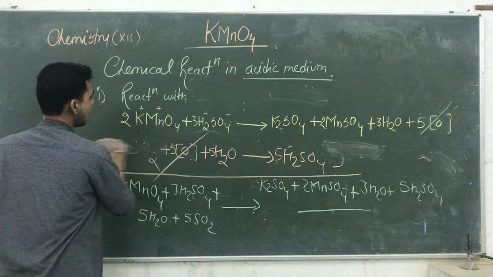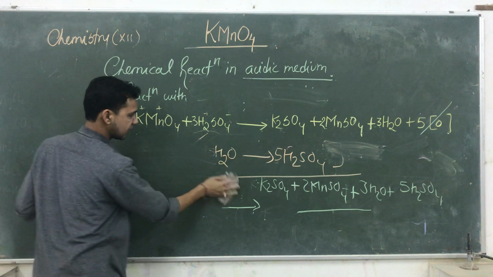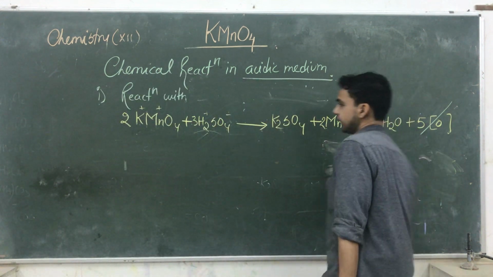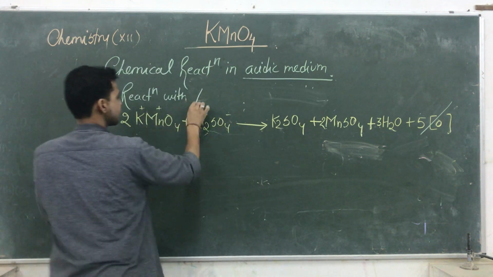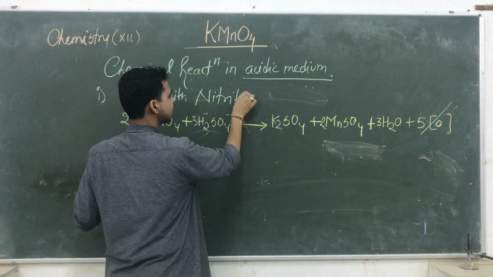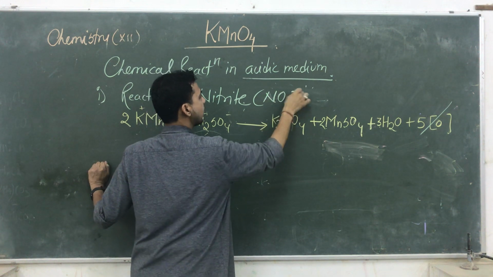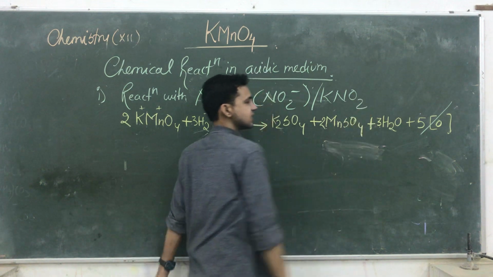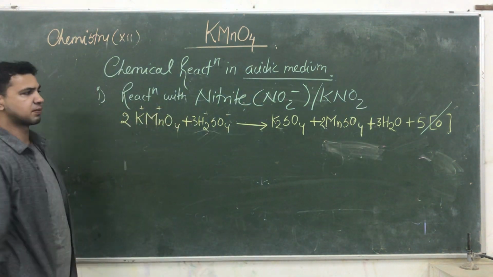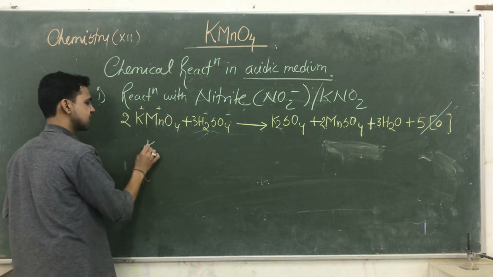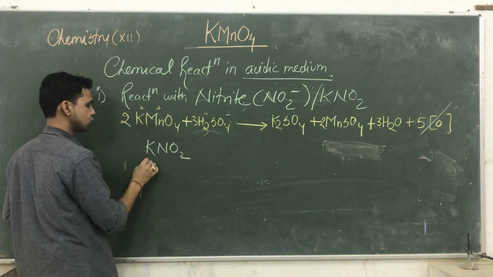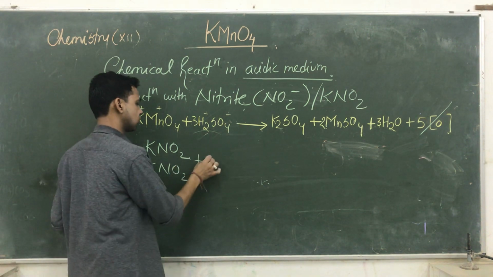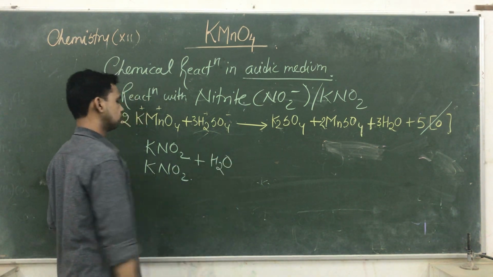The last one is KNO2. ये आपके उसमें है, जो KNO2 ना लिखकर NCERT में nitrite लिखा गया होगा, the reaction with the nitrite. Okay. तो यहाँ पे आप लिख लेना reaction with nitrite. और nitrite क्या होता है NO2 माइनस, मगर मैं यहाँ पे इसका सॉल्ट लूंगा क्योंकि ये मुझे माइनस फॉर्म में मिलेगा नहीं, इसलिए इसका सॉल्ट लेना पड़ता है. फर्स्ट स्टेप सेम रहेगा. You just take KNO2 here, and it will be going to react with the H2O.